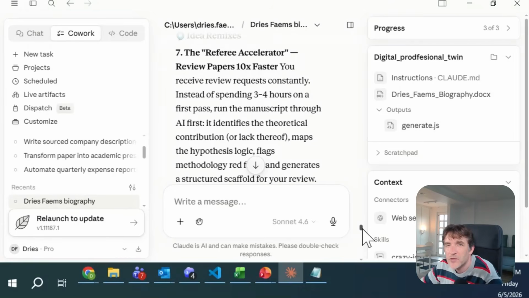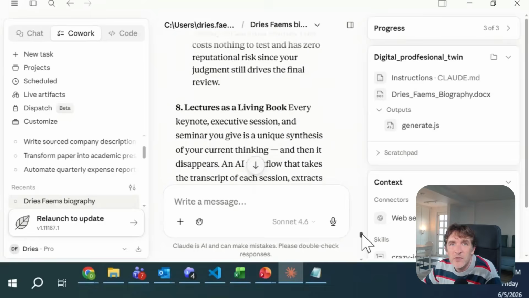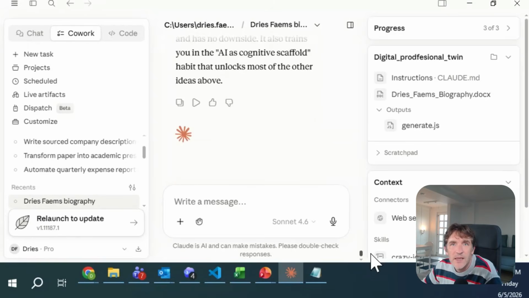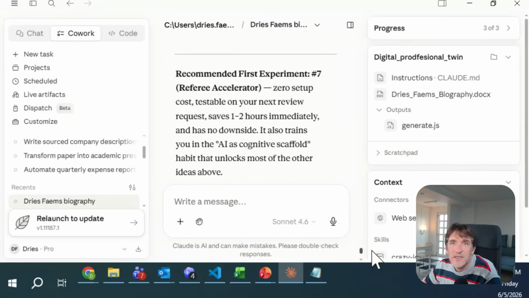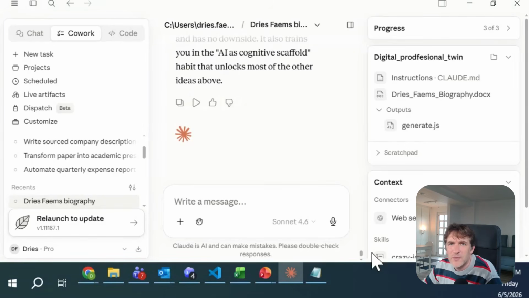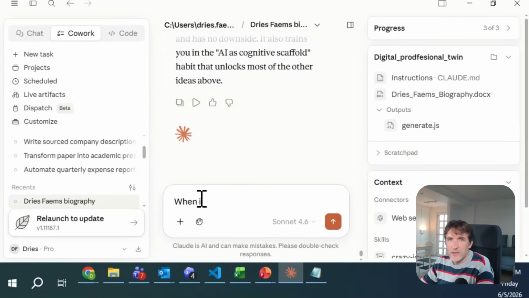Now, the final thing I want to show you, and I think this is very important, is that I can also start giving feedback. For instance, now it has created, let me see, 9 ideas. Yeah? Now you could argue, okay, that's a bit too much. I just want to get 3 ideas every time when I use this Crazy Ideator skill. And that I can now give as feedback. So I can say, when I use this skill, I only want 3 ideas. And then I can say, adjust